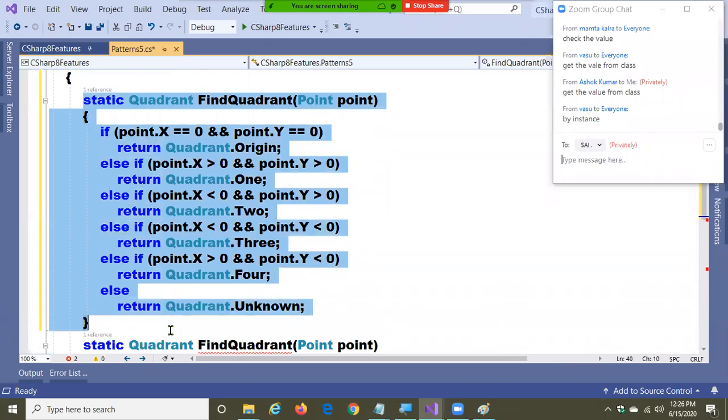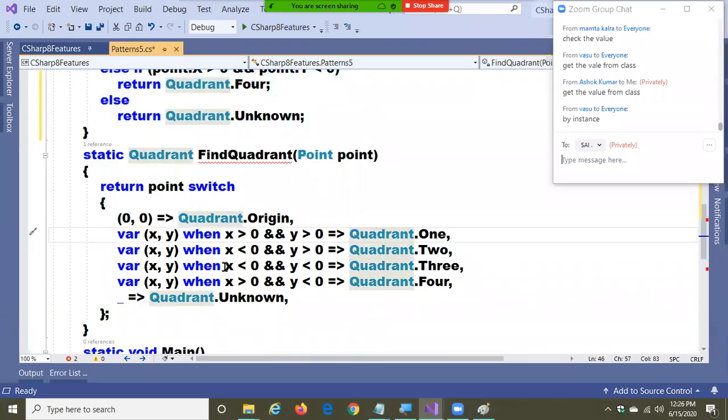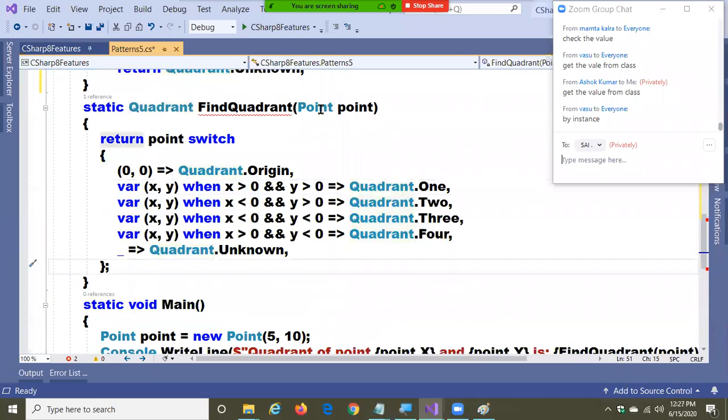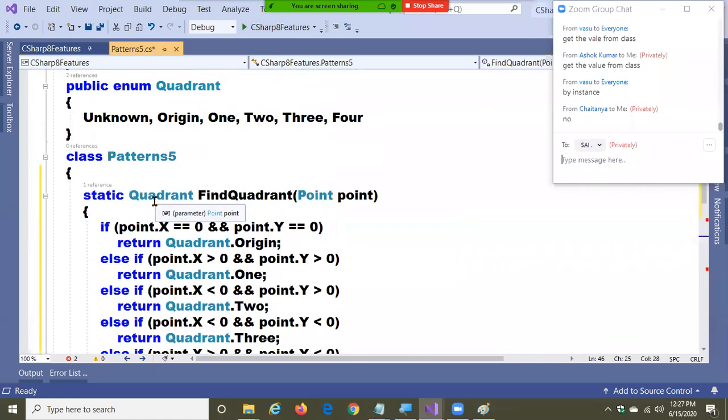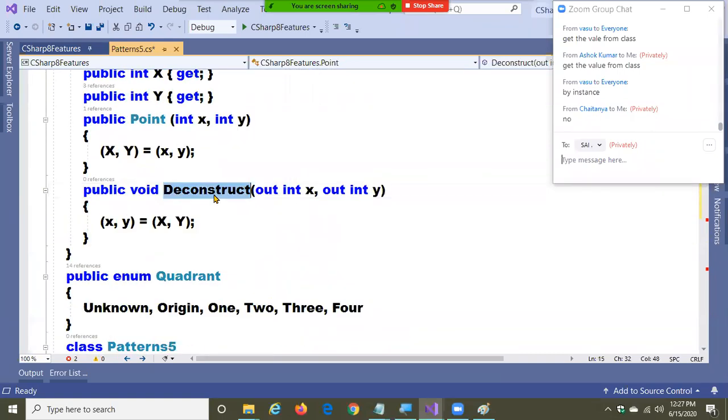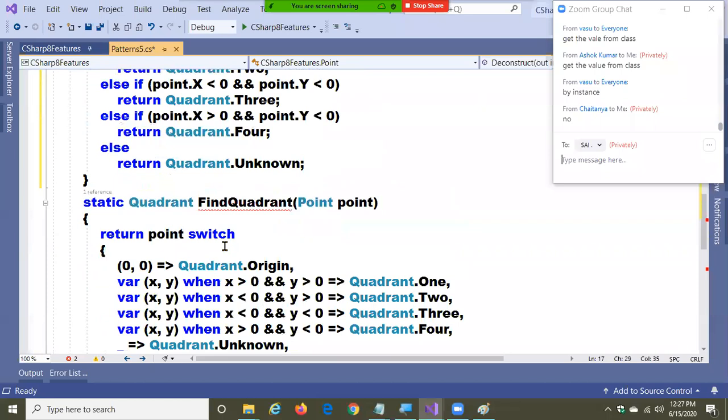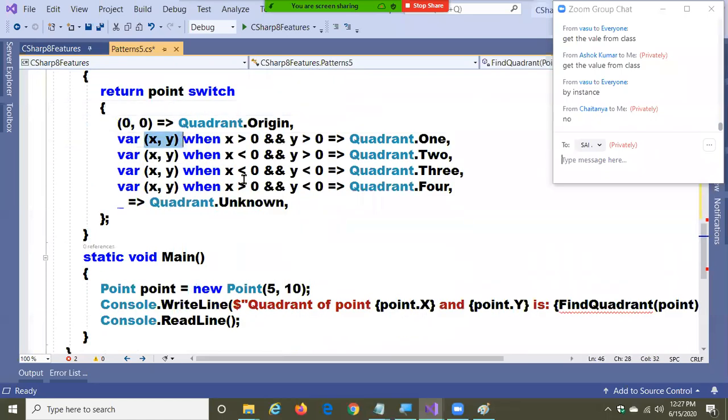But this is a new style. In the new style, am I picking each and every value? Did I write here point.x and point.y? Look, all of you. Did I write when point.x greater than 0, point.y greater than 0? I don't require to write. Why? When I write x comma y, automatically my deconstructor gets called. The deconstructor will return the values, and the values written by the deconstructor will come up here automatically. So directly you can say where x greater than 0, y greater than 0. So that is the advantage of the deconstructor. So that's why we need to use a deconstructor.